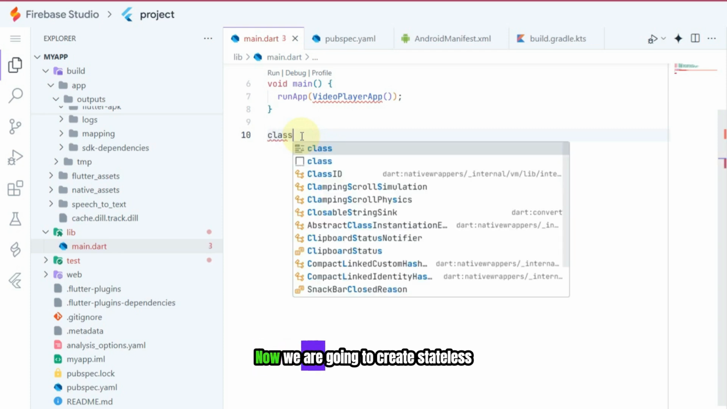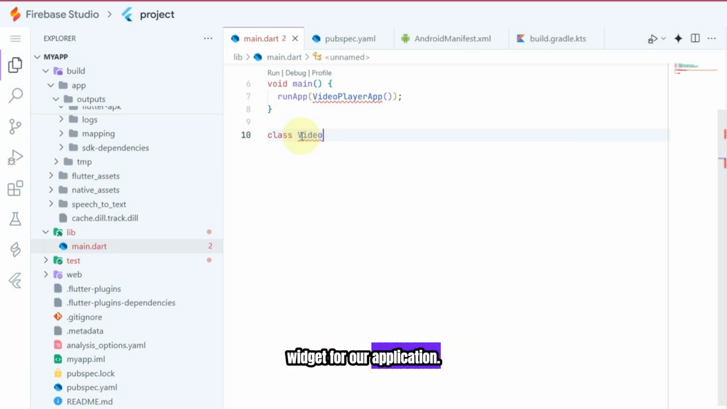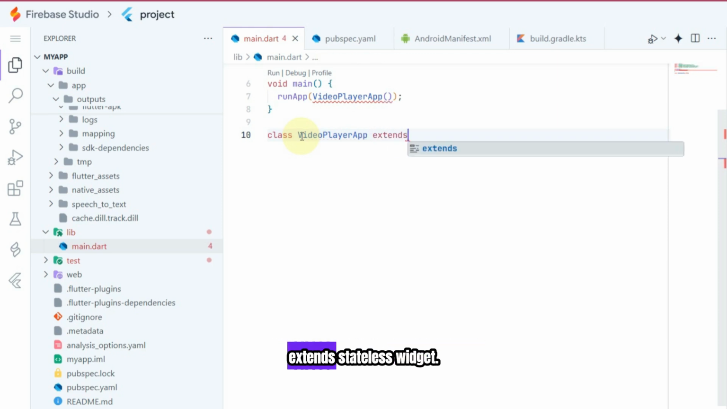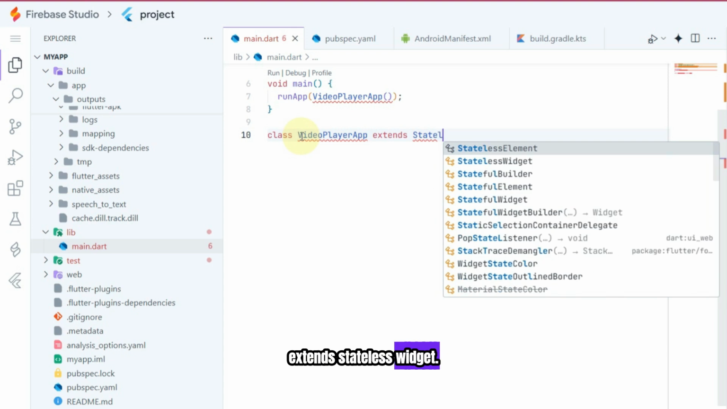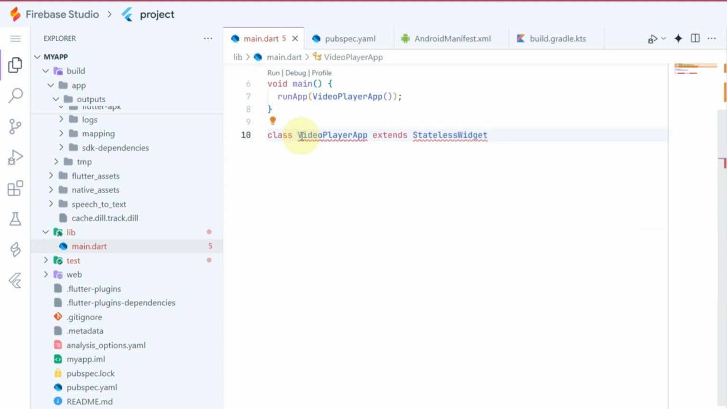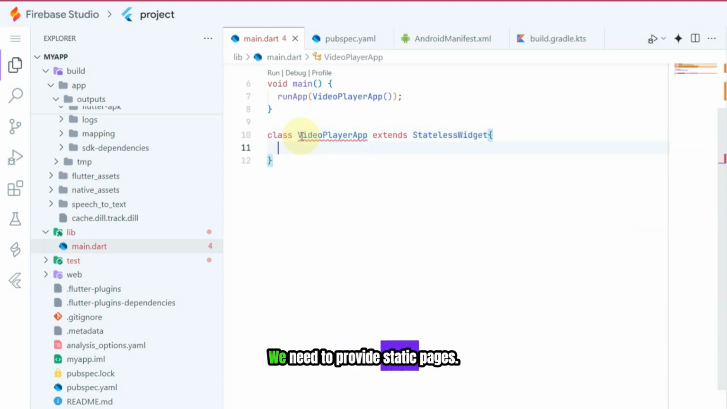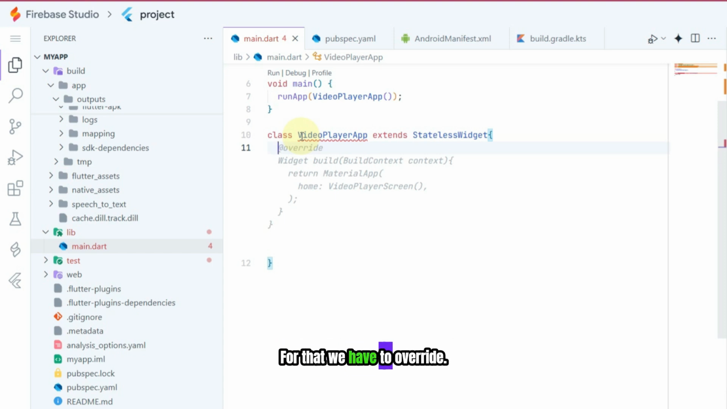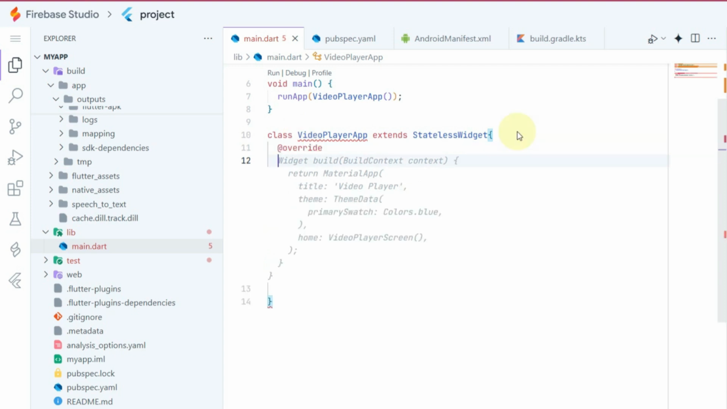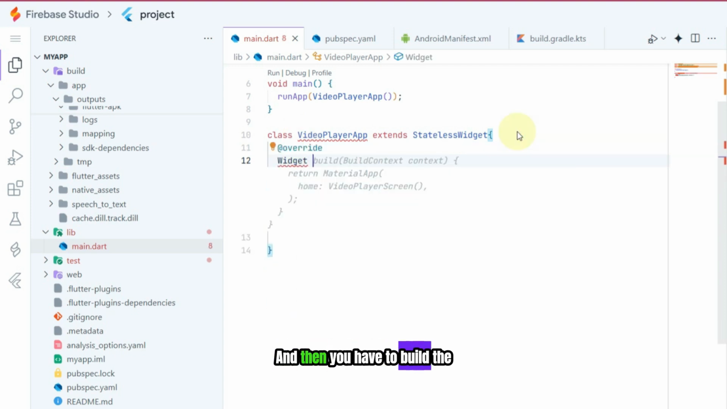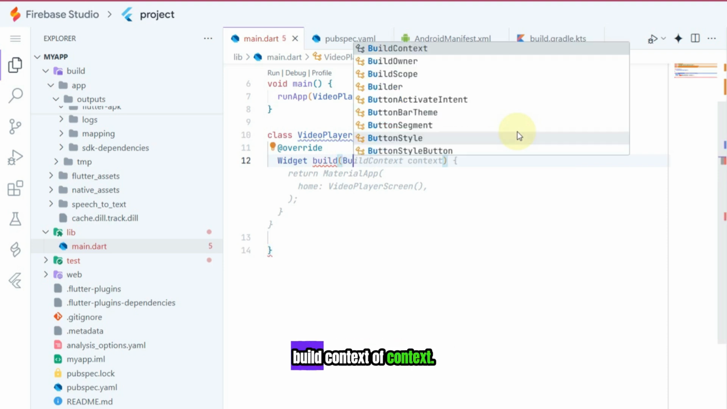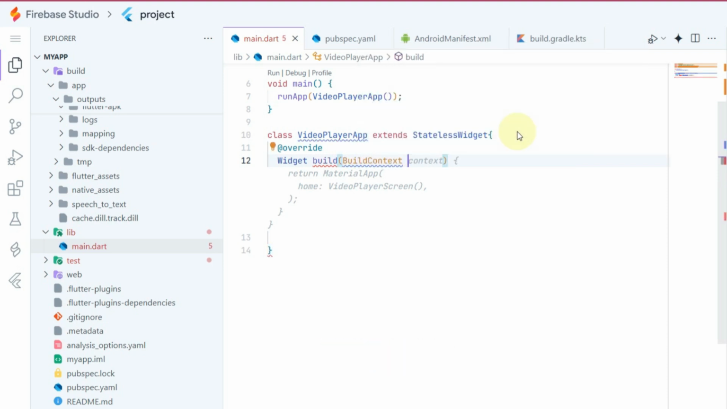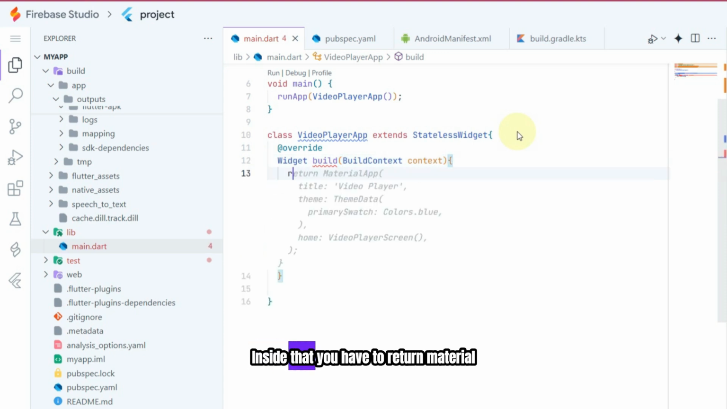Now we are going to create stateless widget for our application. So you have to type class video player app extends stateless widget. We need to provide static pages. For that, you have to override. First, you have to override, and then you have to build the widget. Widget build the context of context. Inside that, you have to return